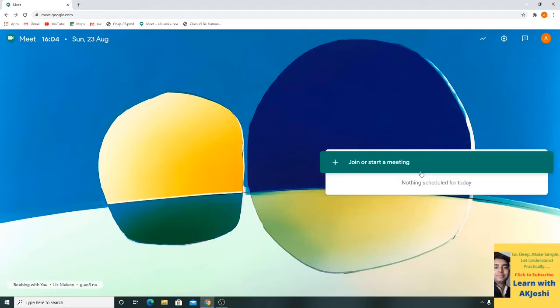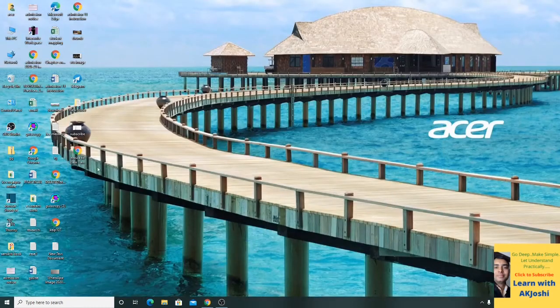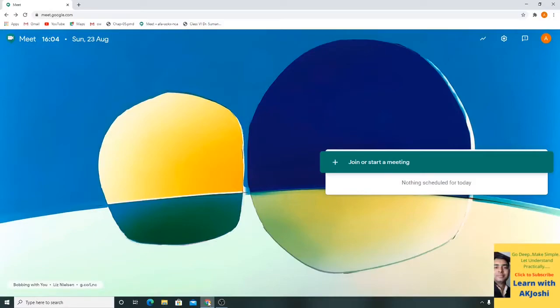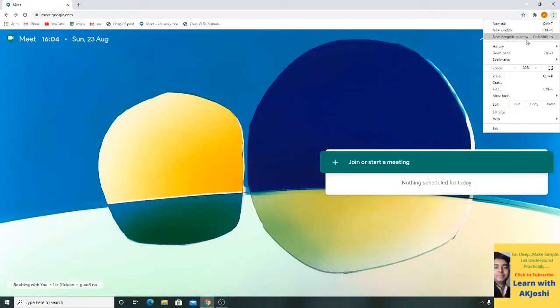There is one extension called Google Meet Attendance. By installing this extension we can do this. The special thing about this extension is that with its help we will find out how many students attended and at which time each student attended, meaning different reports are generated by this extension. I will show you which type of reports are generated by this extension.